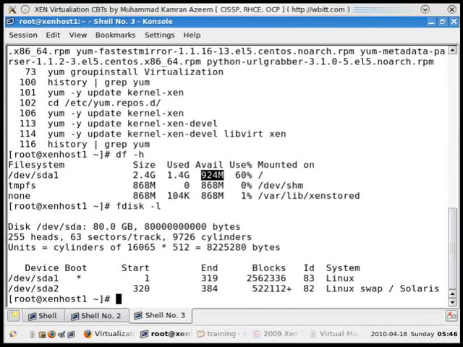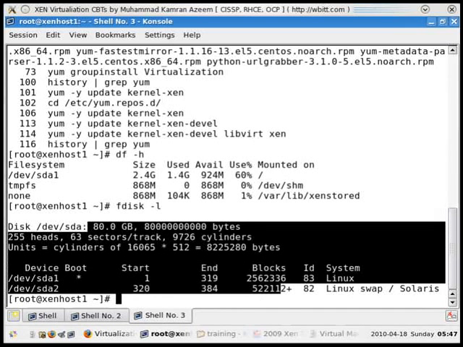And naturally, I can't fit a virtual machine inside this much space. So I'll use the rest, about 77 gigabytes of this machine, and create some partitions, raw partitions,